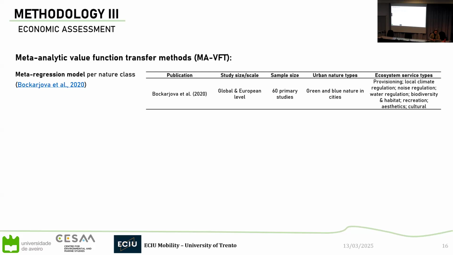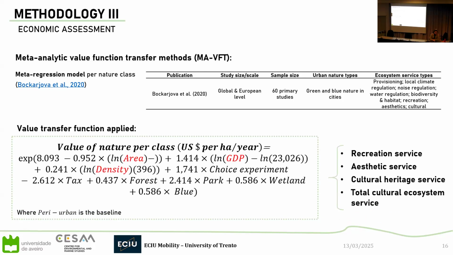For the economic assessment, as I said, we used a meta-analytic value function transfer method. The meta-regression model comes from Brander, a study that worked on this meta-regression. The application of this meta-regression model was at global and European level, so quite a wide scale, and it includes 60 primary studies, so it's not a lot, but it was what was available so far. And that's the function,